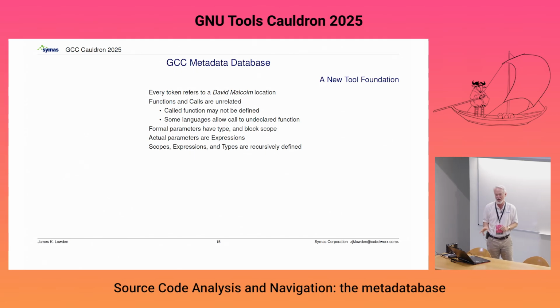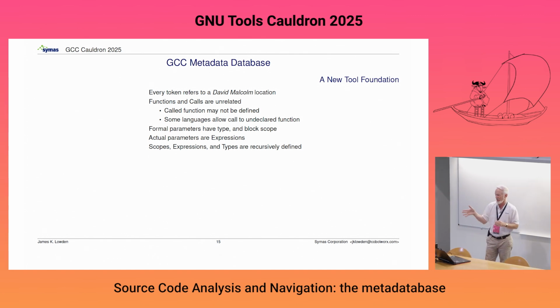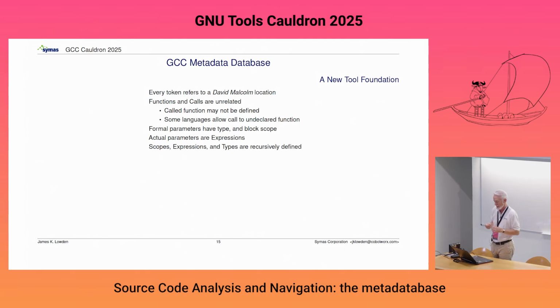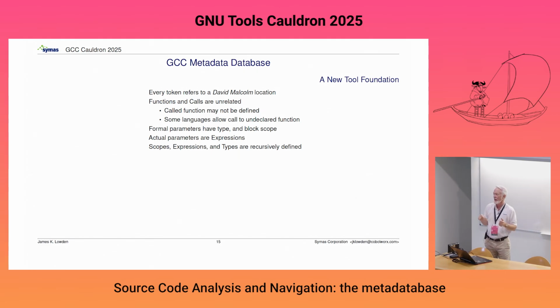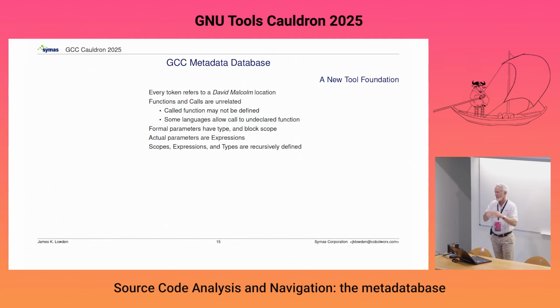Formal parameters have a type by the syntax, at least in most languages, and block scope, right? Scope is very important in the languages I know. The actual parameters to a call, though, don't have any obvious type when they appear in the source code. They are often expressions, and those things have types eventually. Anyway,